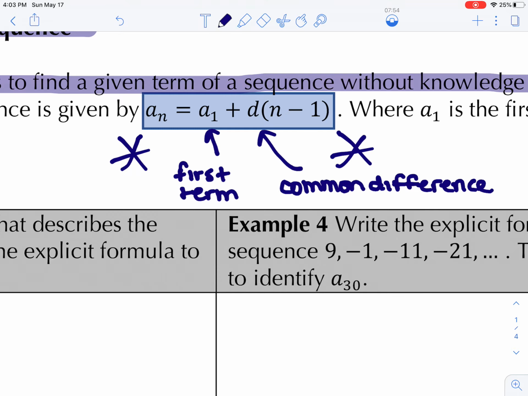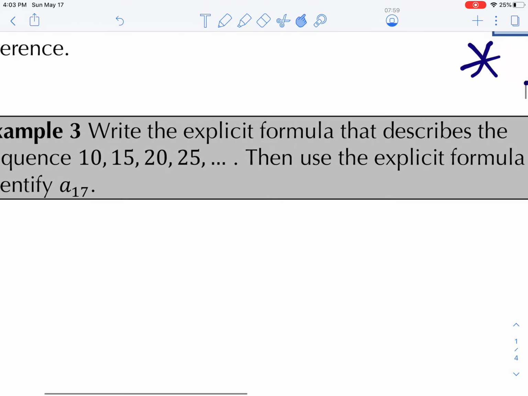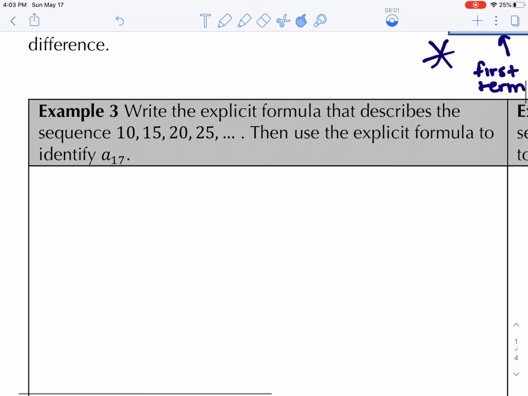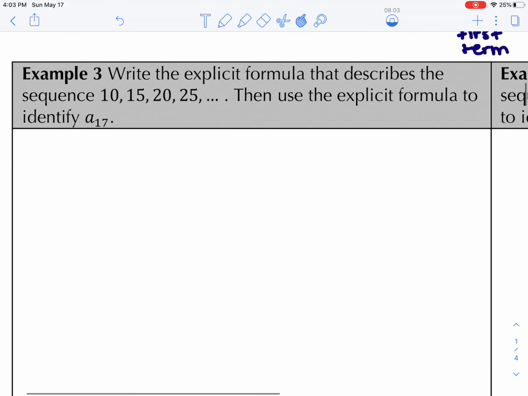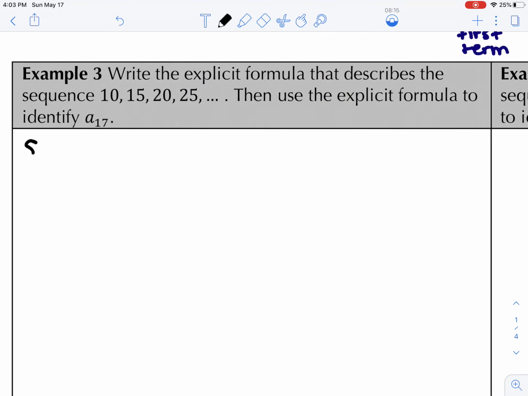So we're going to apply this formula to examples 3 and 4, where we're asked to write the explicit formula that describes each of these sequences. Specifically in example 3, we're asked to use that explicit formula to identify a sub 17. I think the best thing to do is break this into steps. Our first step is going to be to find